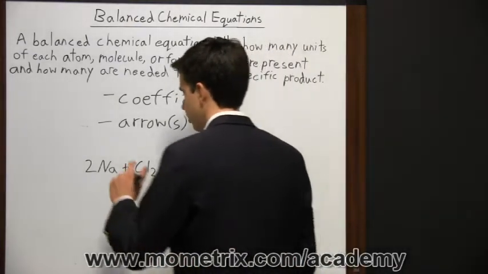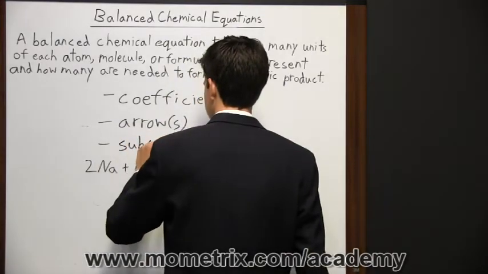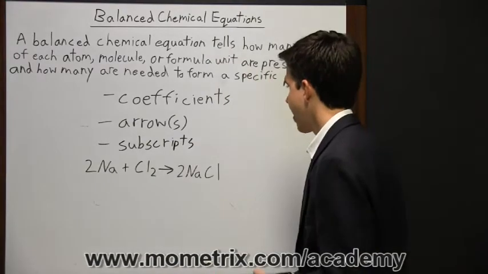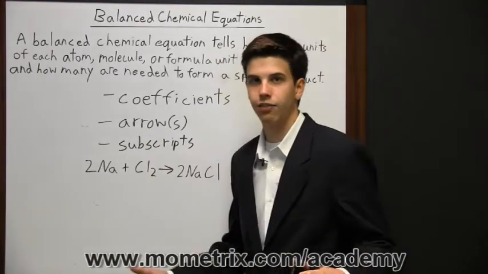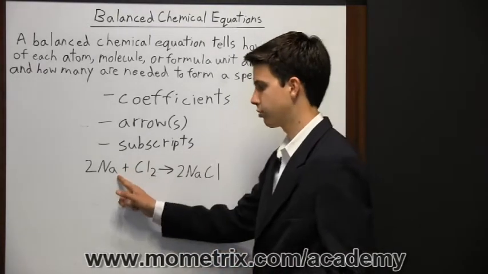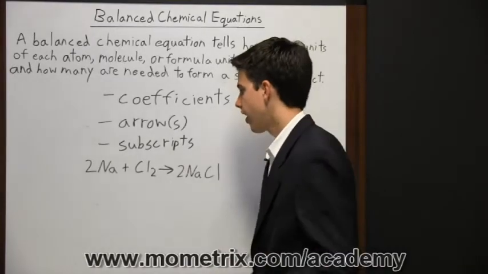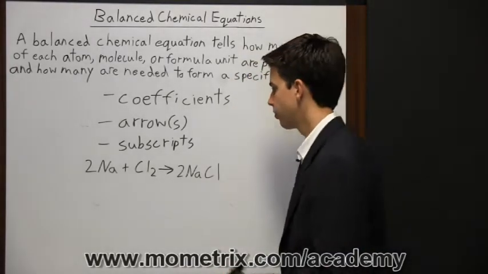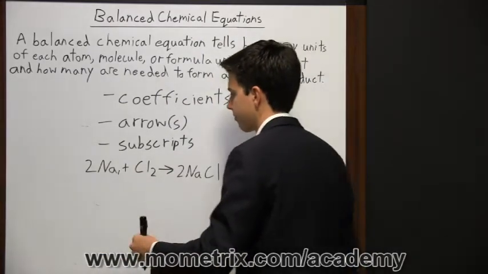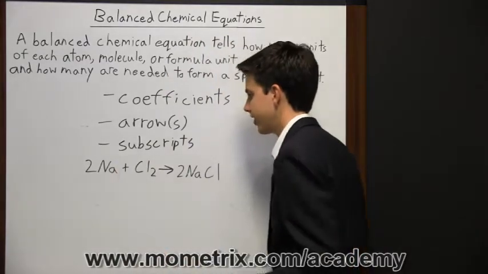Now next we're going to get to the subscripts. So we only have one subscript here, and it's right here. And I kind of already told you what that is. Now, sometimes you don't have a subscript. Like right here, you don't have a subscript. Well, when there's no subscript, you can just assume that you could actually put a 1 there. So we could actually write a 1 right here, and that would mean there's 1 sodium atom there. But it's kind of an understood 1. You don't really need it there.